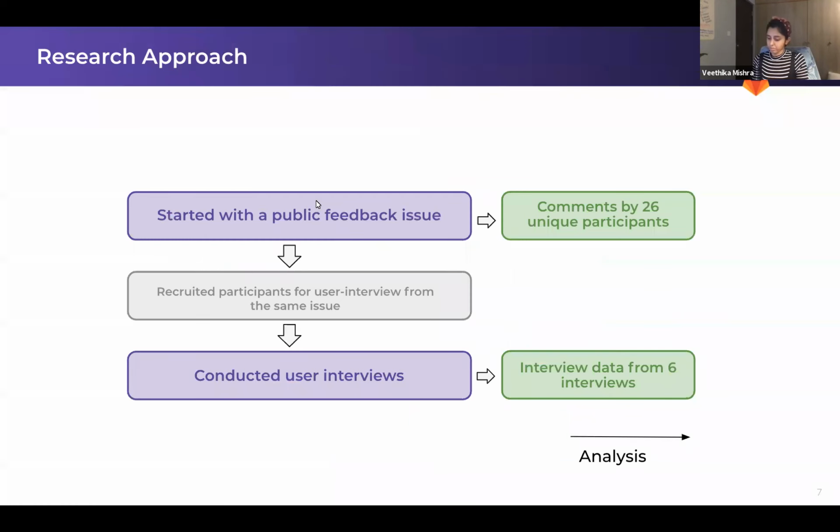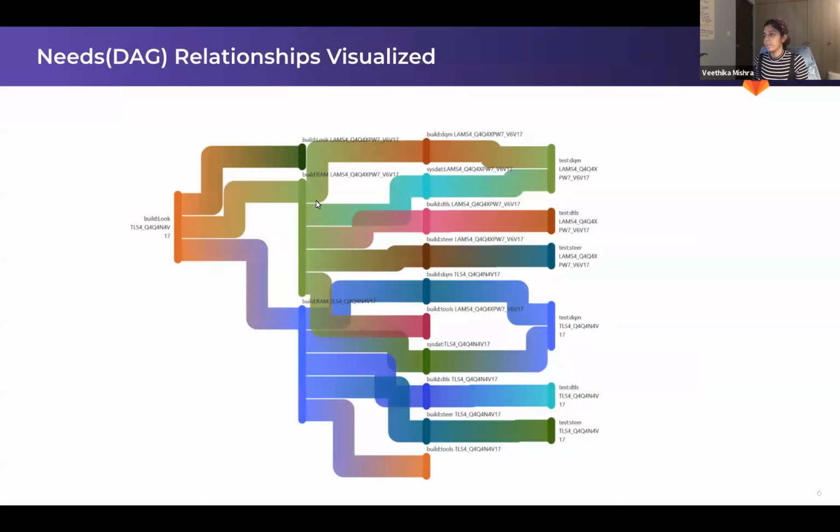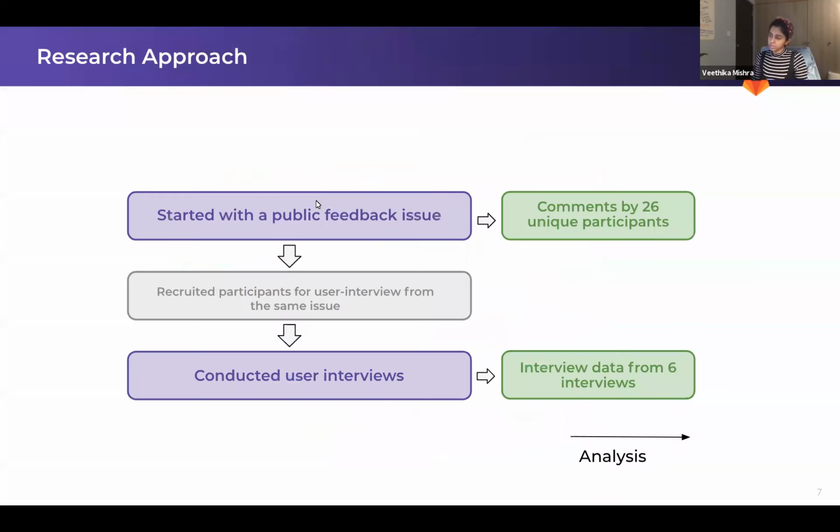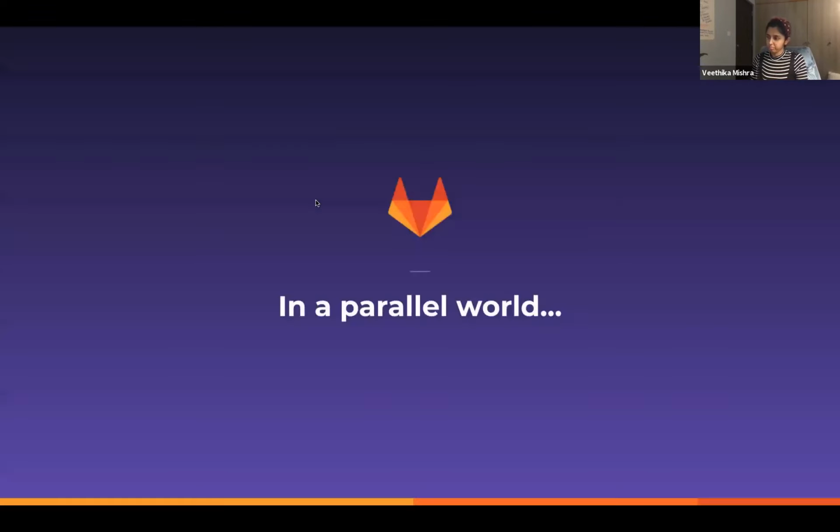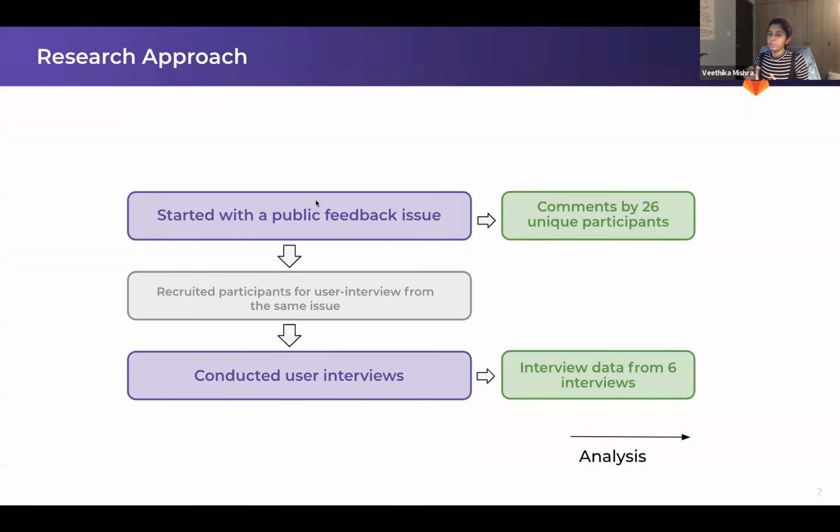Then we were running a solution validation exercise on this particular solution that we delivered. The last time I spoke about this, the research was all happening in a public feedback issue. The link to the issue was given to the users along with this new feature when it was released in beta. So when they looked at the new visualization, they just had to click on a link in the banner and they were redirected to this public issue.